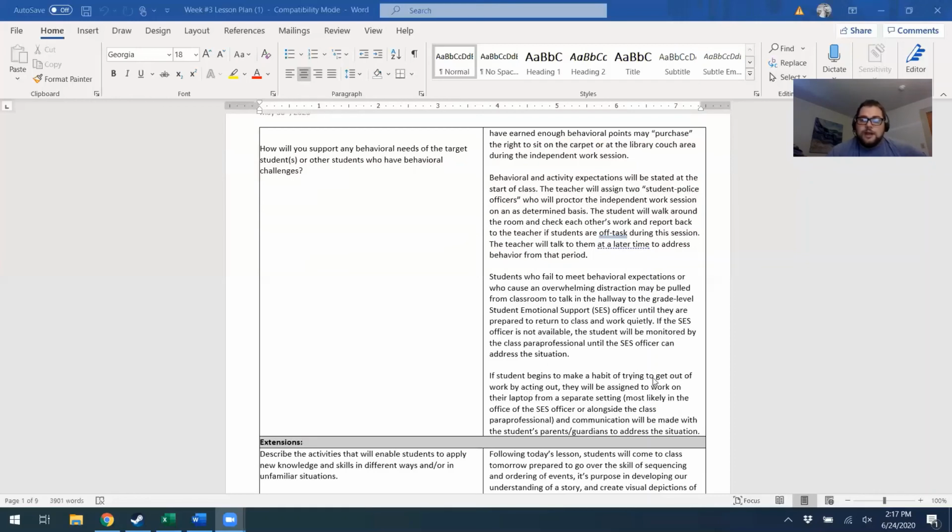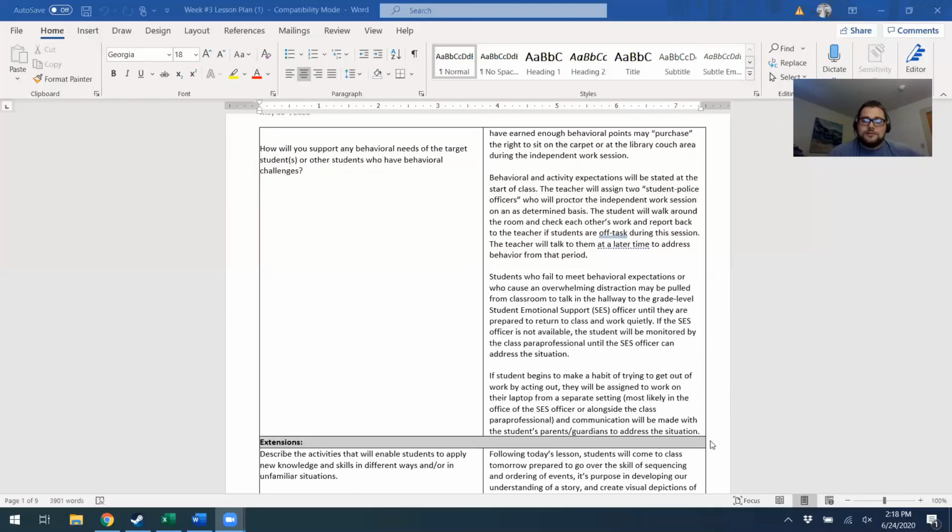If the student begins making a habit of trying to get out of the work by acting out, they will be assigned to work on their laptop from a separate setting, most likely in the offices of the SES officer or alongside the class paraprofessional, and communication will be made with the students' parents and guardians to address the situation. That did happen this year, where students, really uncomfortable with trying to do their English work, think, maybe I can sneak out of class if I just keep on acting out. I don't have to do work. No,